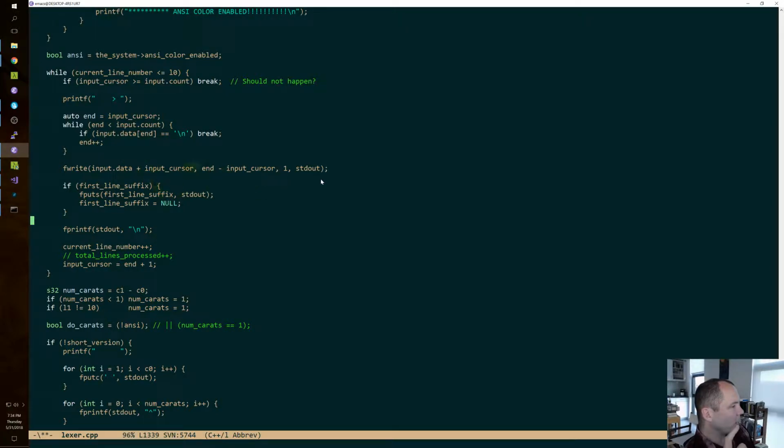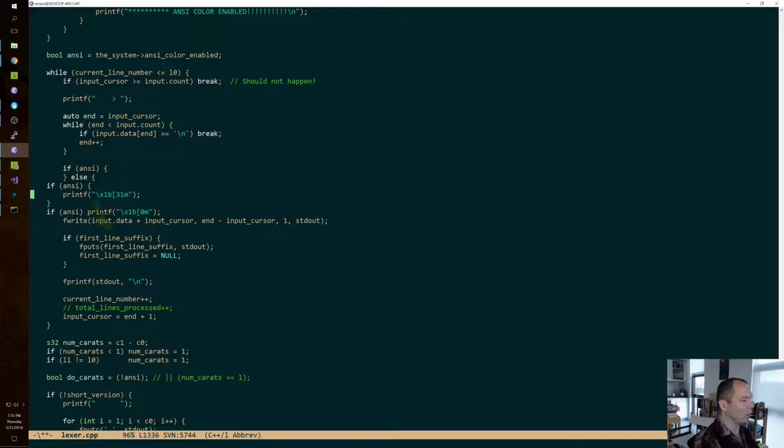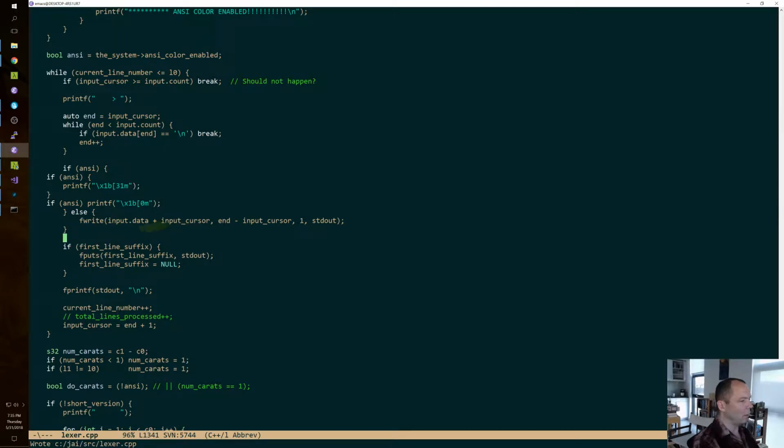So we get the line and we get the end. So what is first line suffix? Oh, that's an extra thing. All right. So here we go. So if we're doing ANSI, we do one thing. Otherwise, we just do the plain old fwrite. Okay. If we're doing ANSI,